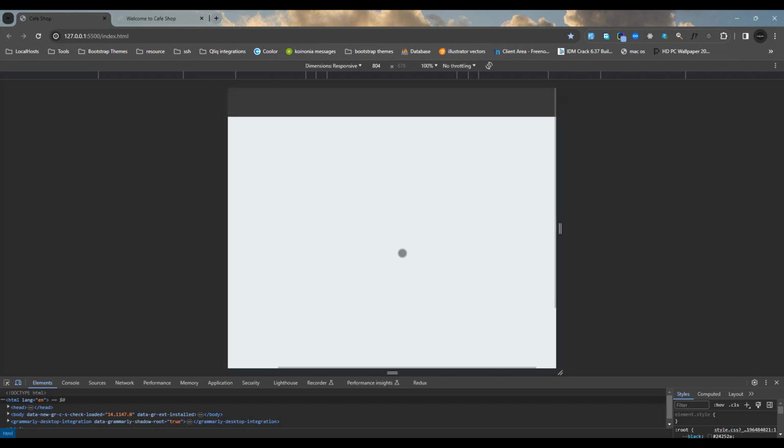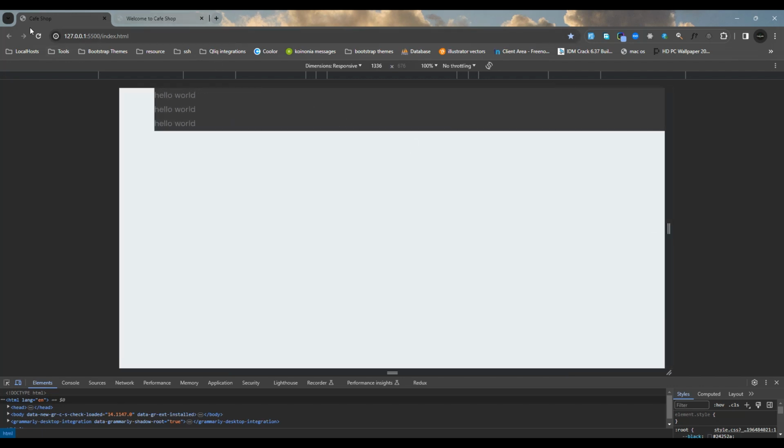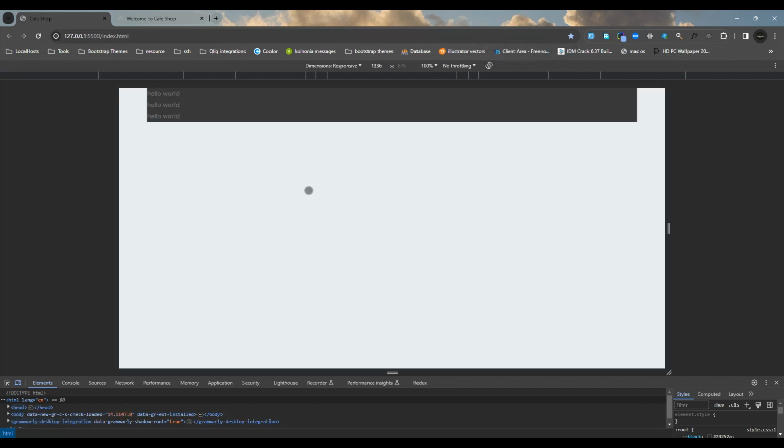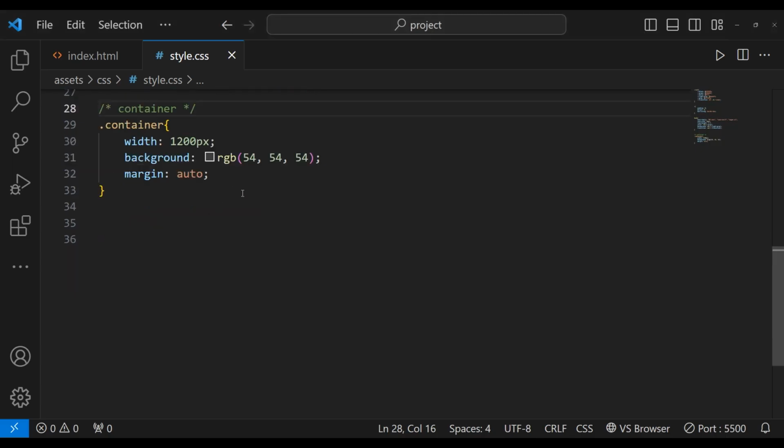You see, I have to be tapping left and right before the content of the screen can be seen. Okay, so we also have to use media queries to make the container responsive on all devices. So how we can achieve that is, with this done, we come here and then we say that,